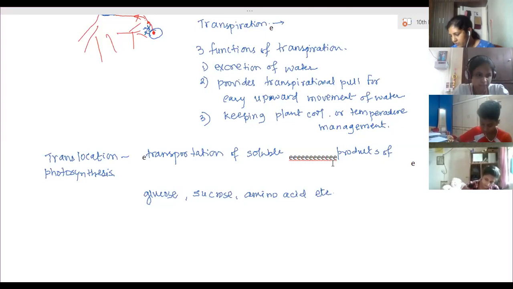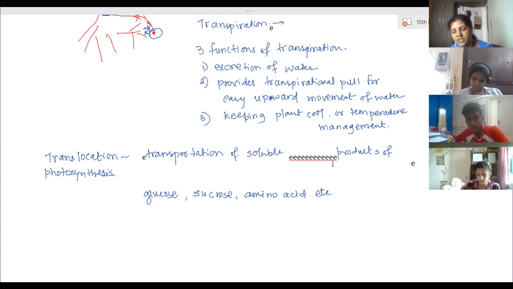Okay. Fine. And then one more question. Name a substance which is absorbed through the small intestine and reabsorbed back through the kidney. Glucose and amino acids. Remember it. Glucose and amino acids are absorbed from the small intestine after digestion, and secondly, they are reabsorbed through the kidney again.